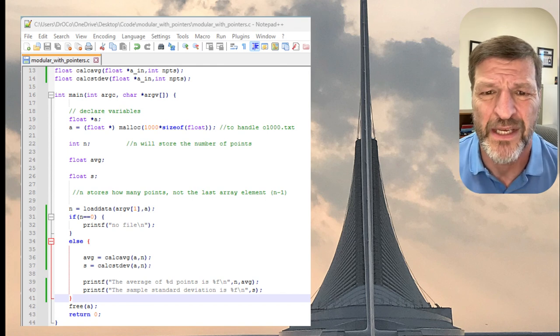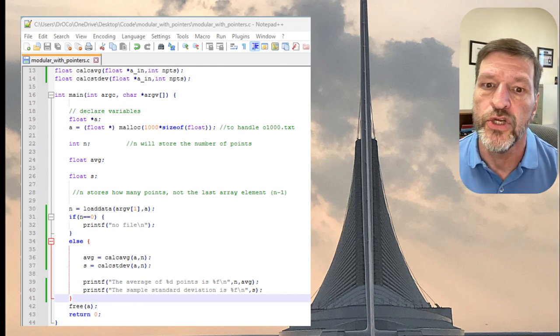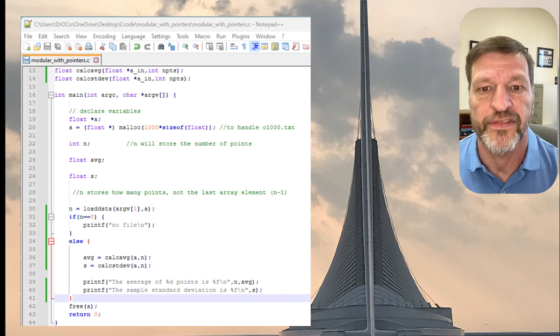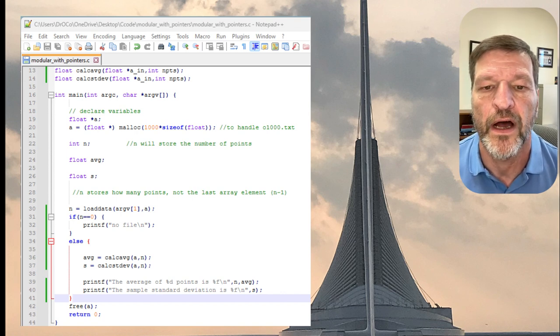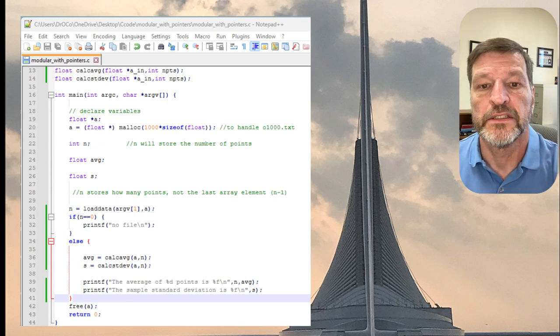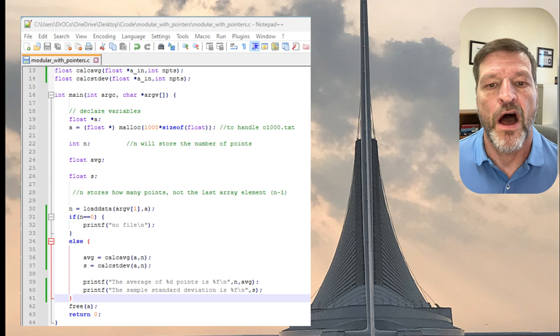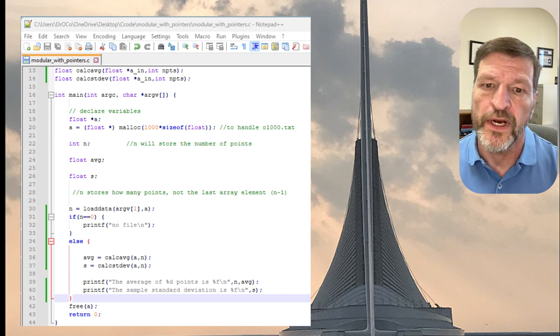You should always have some sort of error checking step. Can the user input something wrong? Make sure you check that they input something right, and always have an if-else statement for that. Okay, so let's go back into main, and so when you need to do error checking, you need